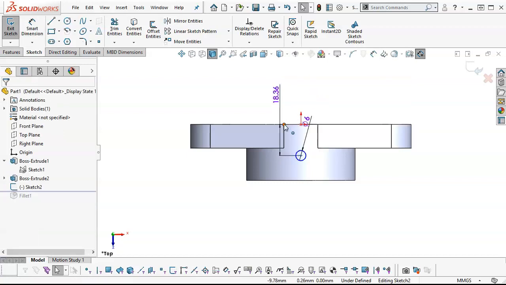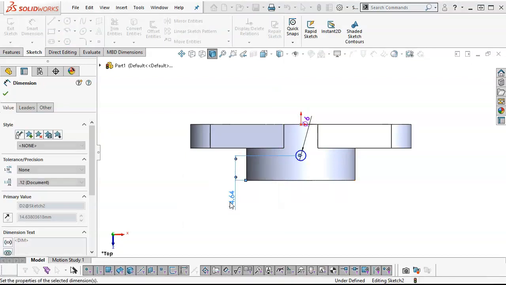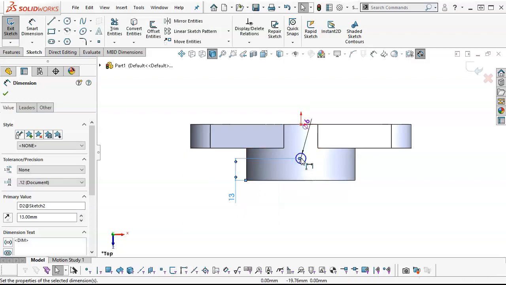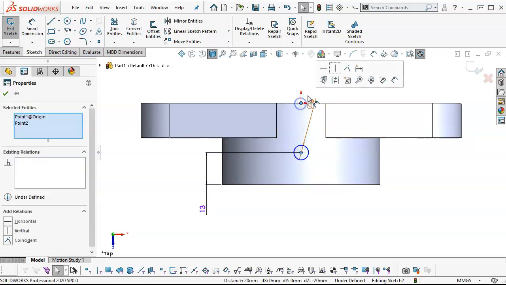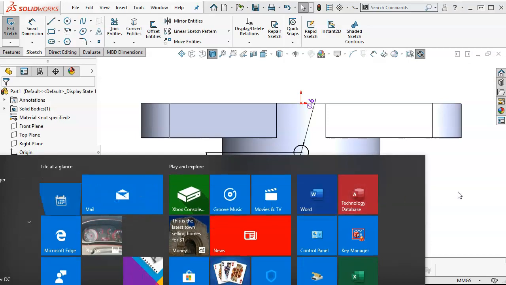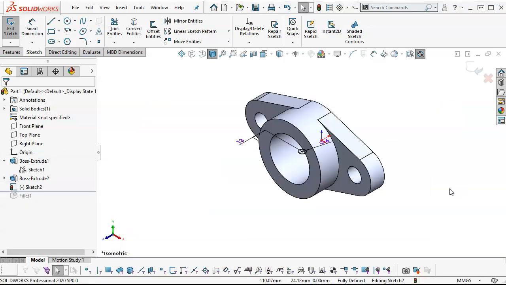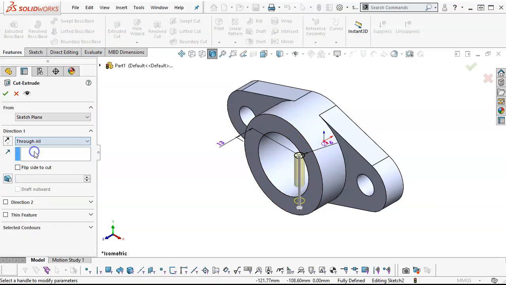And I just want to see real quick, am I going to be able to drag that to a new location? So it looks kind of weird, but it will let me retain that value if I grab the end point of the extension line, the grip, and drag it to a new location. And then we'll go vertical. Alright, so from this point, we're going to do a feature, extrude cut, and this can be through all, up to next, and have it